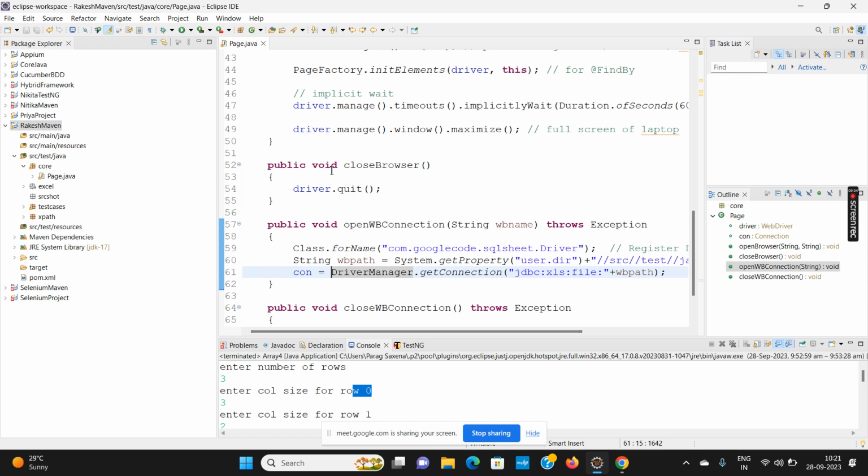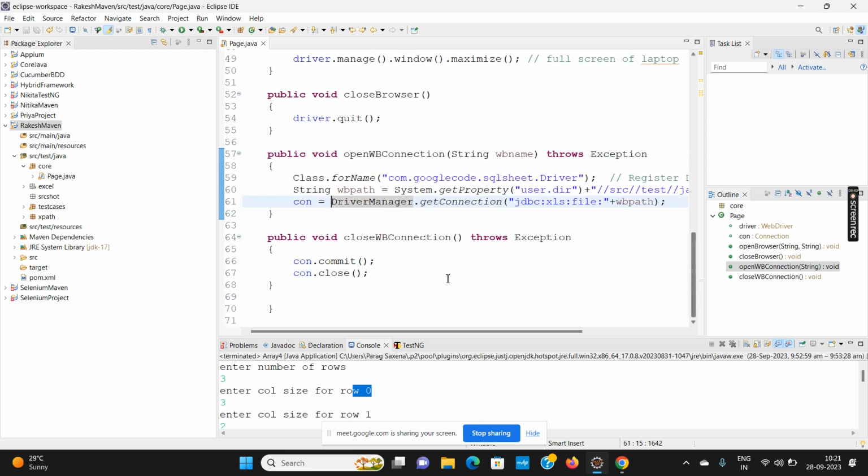Okay. Now, again, I want to take the screenshot. So I have added the dependency, and after adding the dependency, I will create one more reusable method, because taking the screenshot is again a reusable action. I have to do it again and again. For that, I will create one method,